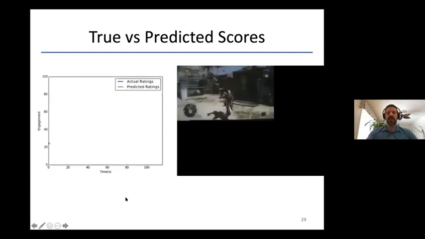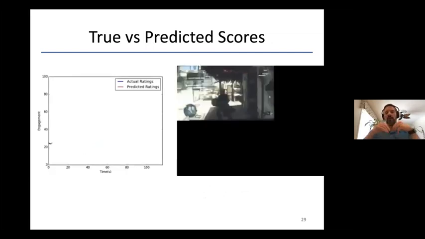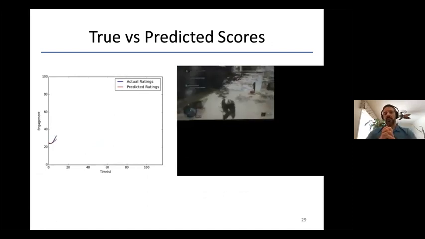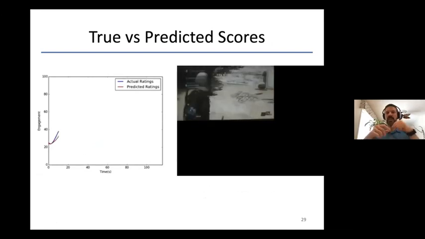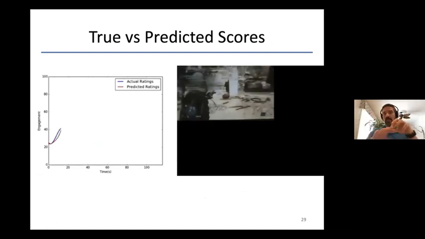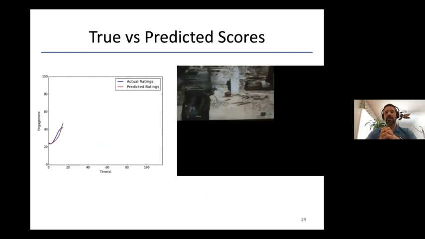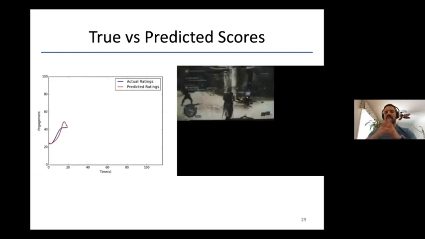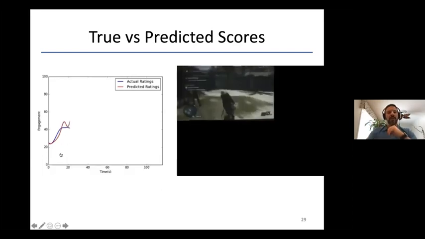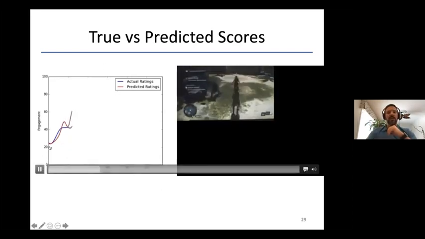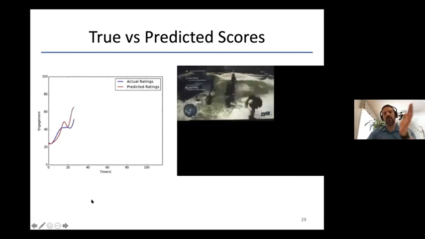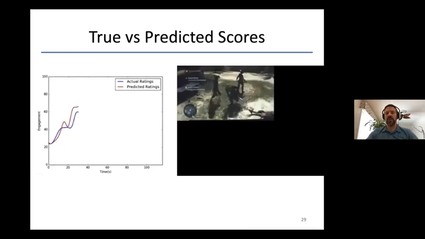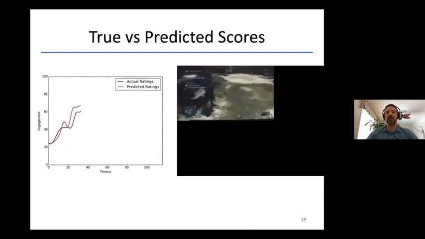So the idea of the project is we had them play this game. We recorded the game as they were playing. And then after the fact, we had the participants watch the game as they played it and rate, not in real time, but post-game, in a continuous rating, what they remember their engagement levels were. So on this left plot here, you see the blue curve, which are the continuous time ratings that they were reporting on the level from 0 to 100 of what they recalled their engagement levels were.